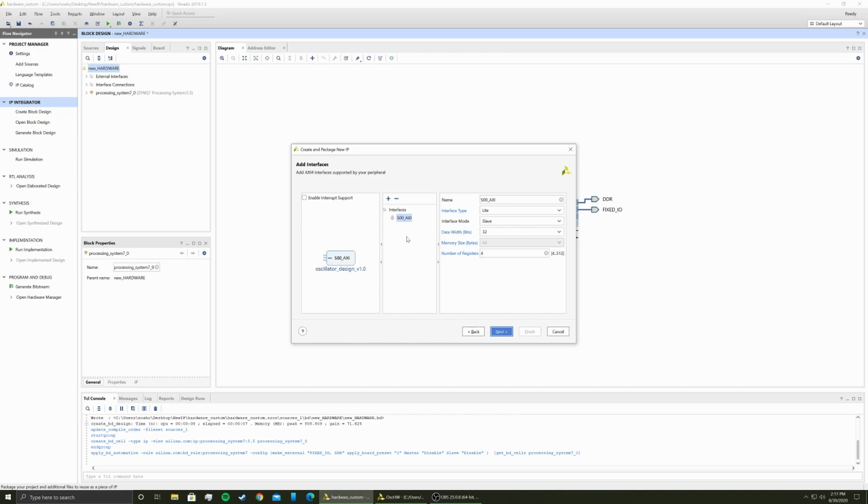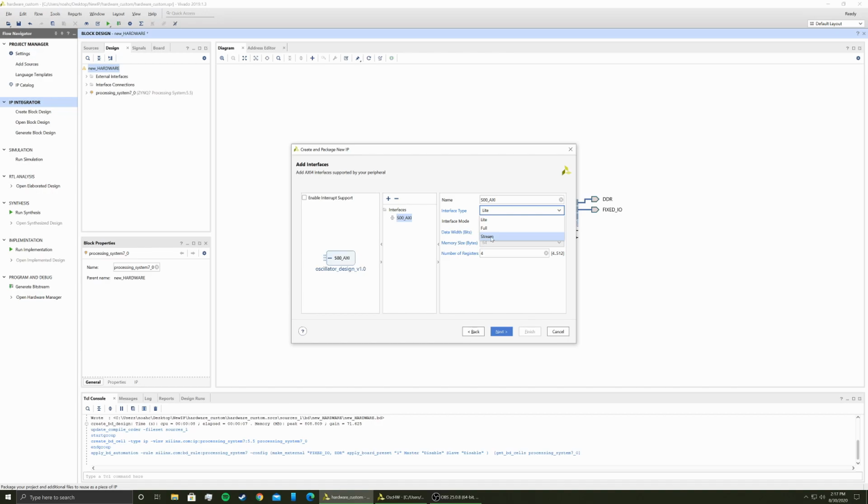So in this case, since my oscillator is outputting data very fast, we're going to want to change the interface type. The interface types you have between all AXI ports are Lite, Full, and Stream. These pretty much determine how much data you can output at a single time and how fast. Stream does so on a clock-based scale rather quickly, whereas Lite and Full will grab an individual piece of information at a time. Full just has larger bandwidth, but we're just going to be sticking with Stream since my